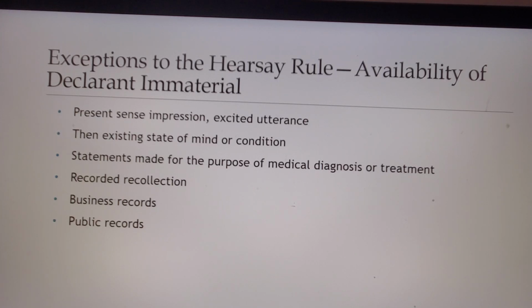Similarly, certain types of records just kept in the ordinary course of business may be admissible. That doesn't really prevent the opposing party from trying to prove that there might be an error in those records, but normally kept records, or routinely kept records, generally aren't going to be infused with intentionally misleading information. That would take a really long planned crime. And it's hard to come up with an example, but the